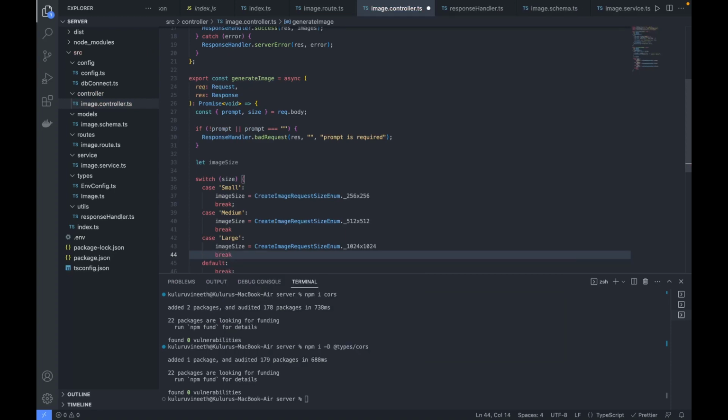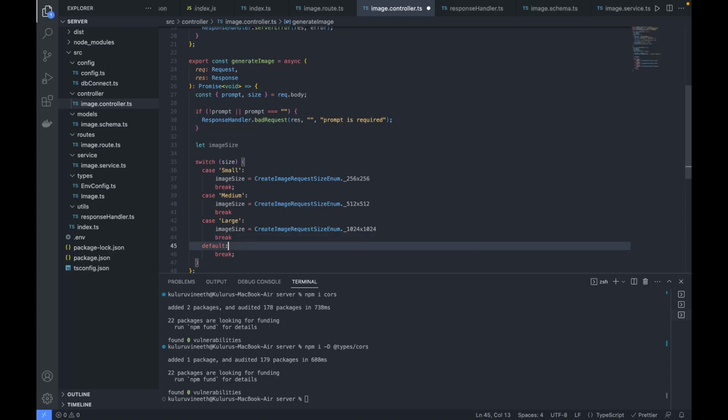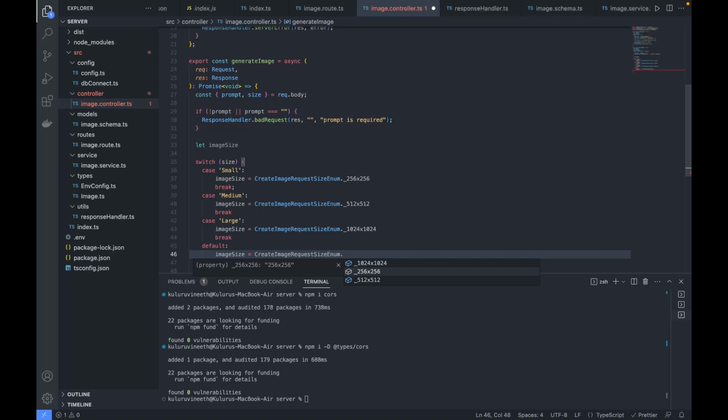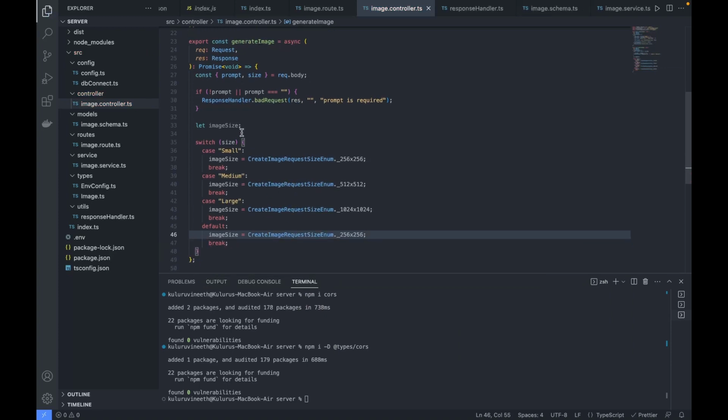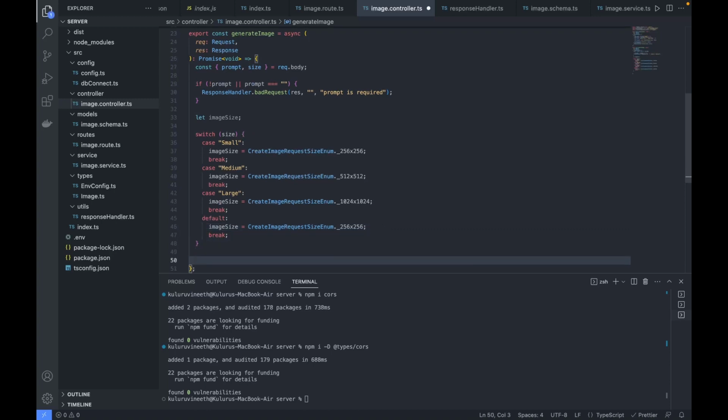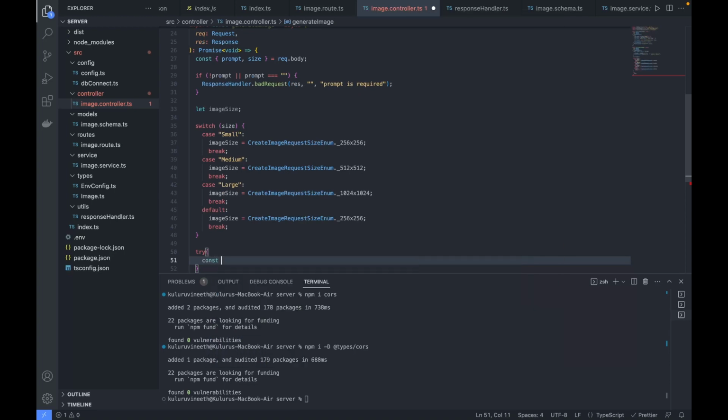And then by default I'm going to set the value to the small value. So now based on this size param, we are going to decide the image size. After the image size is evaluated, inside the try catch block,